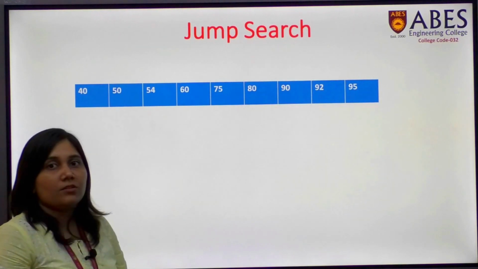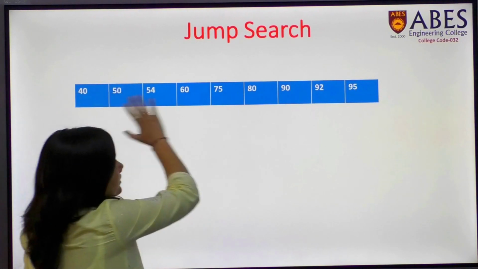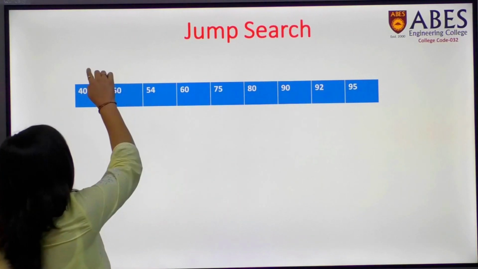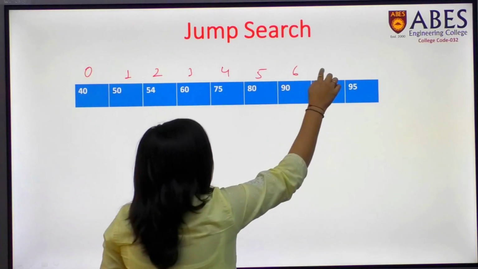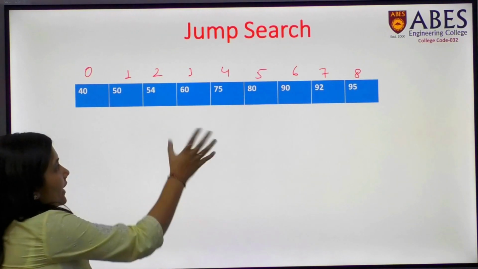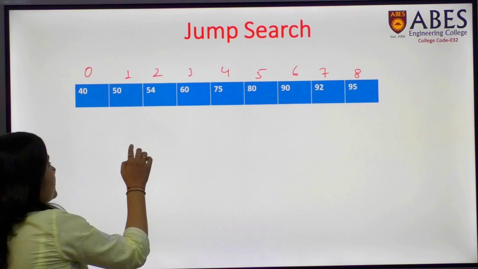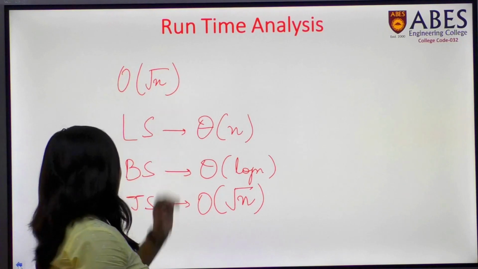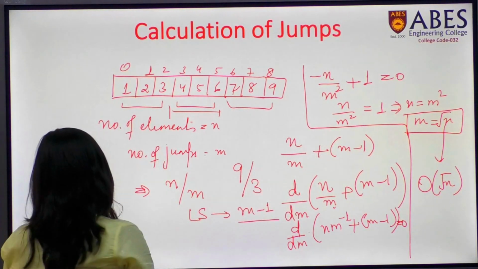Right, so this is an array which I have taken. Before discussing the entire procedure, let's discuss how we are going to do this. So this is a sorted array, because jump search is a variation of a binary search, so that's why it is a sorted array I have taken. This is 0th index, 1st, 2nd, 3rd, 4th, 5, 6, 7 and 8. Right, n minus 1, as we know the characteristics of an array. Now first of all I need to calculate the number of jumps which I should take, right. So number of jumps will be, we have already calculated this in this video, that it will be under root of n. If you go to this side also, that we have calculated, the number of blocks will be under root of n.